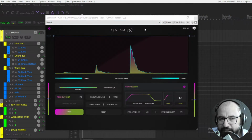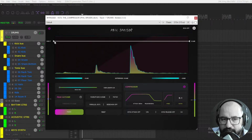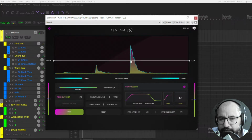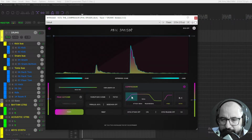It's this cool smart compressor by Phil Speiser. I'm gonna talk a little bit more about the smart part of this compressor in a moment, right? First, let's check out the usual controls in a compressor. First of all, you have a visualizer here of the waveforms, and this is the threshold, right? So with this, you're letting the compressor know at which point it will start to compress or reduce the peaks, okay? Also pretty cool that you have an attack and release here with a visual